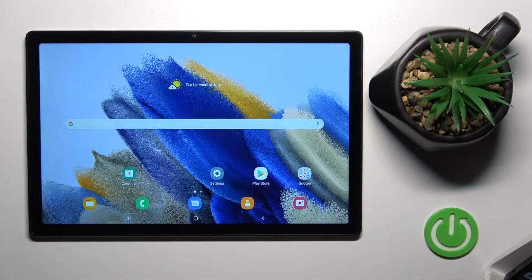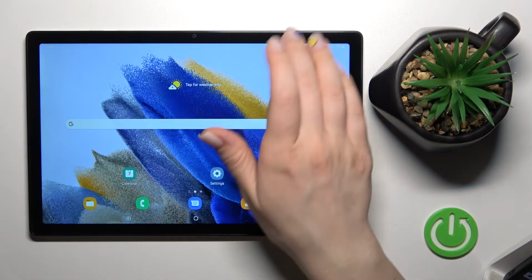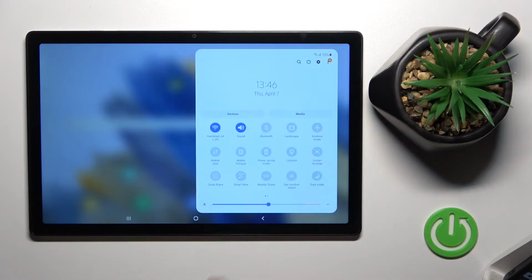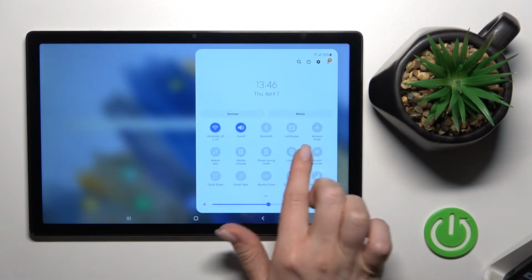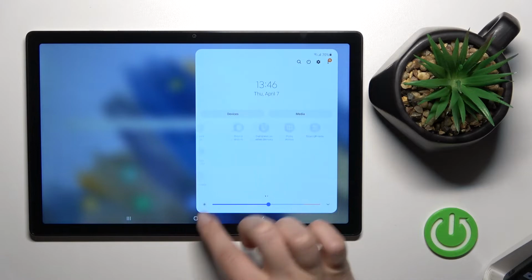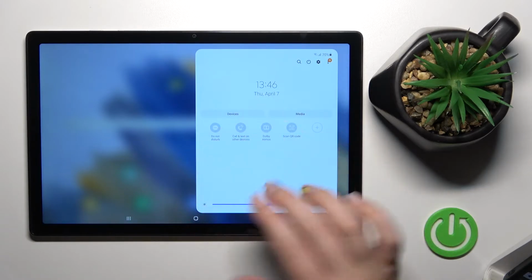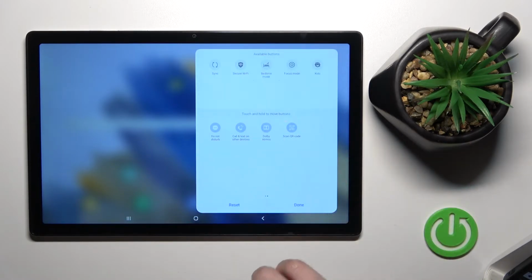Welcome, today in front of me is the Samsung Galaxy Tab A 2021, and I'll show you how to edit notification panel shortcuts on this device. So first, open the notification panel, and here you will see all the available icons on our top bar. To add, remove or change the position of these icons, click here on the plus icon,